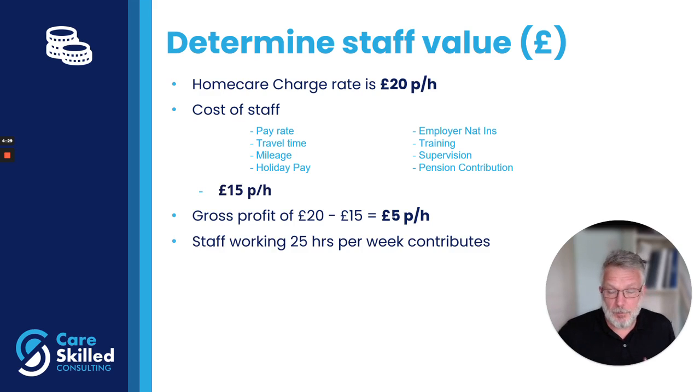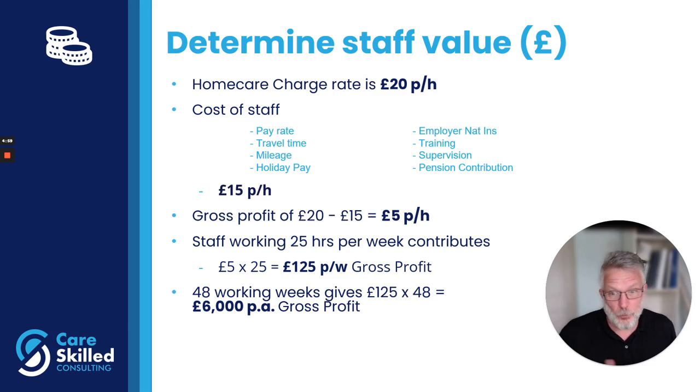So remember we said in this example that the staff member works an average of 25 hours per week. In home care and in care homes, people will work all sorts of different hours, some will be part-time, some will be full-time. So you just need to work this out, you need to know what your average is. So we've chosen 25 hours per week here. So £5 an hour times 25 is £125 per week gross profit that one staff member contributes to the